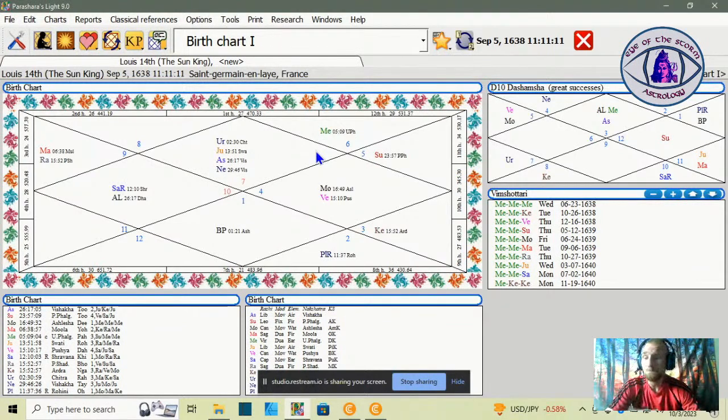So if you want to study yogas or strong positions in a chart, this is a very good one for you to study. Even if you don't agree with government or kings or any of that, this is a historic thing that happened. The person's long dead. You're just studying history using the science and the lens of Vedic astrology to do that. And when you do that, it's a very useful tool for gaining a lot more insight into these different things.